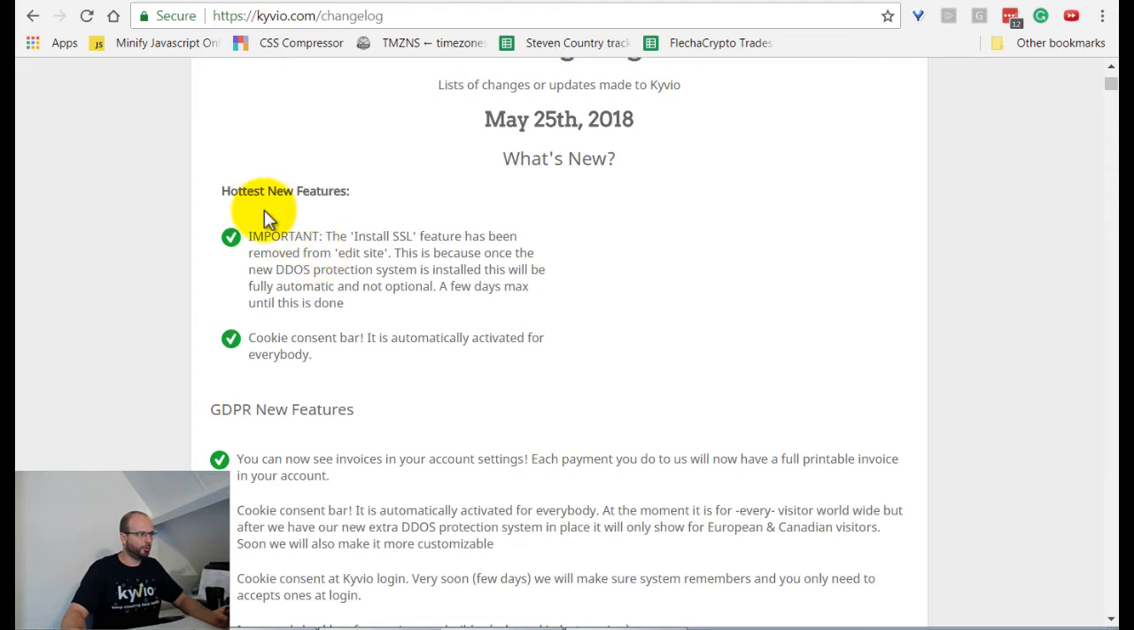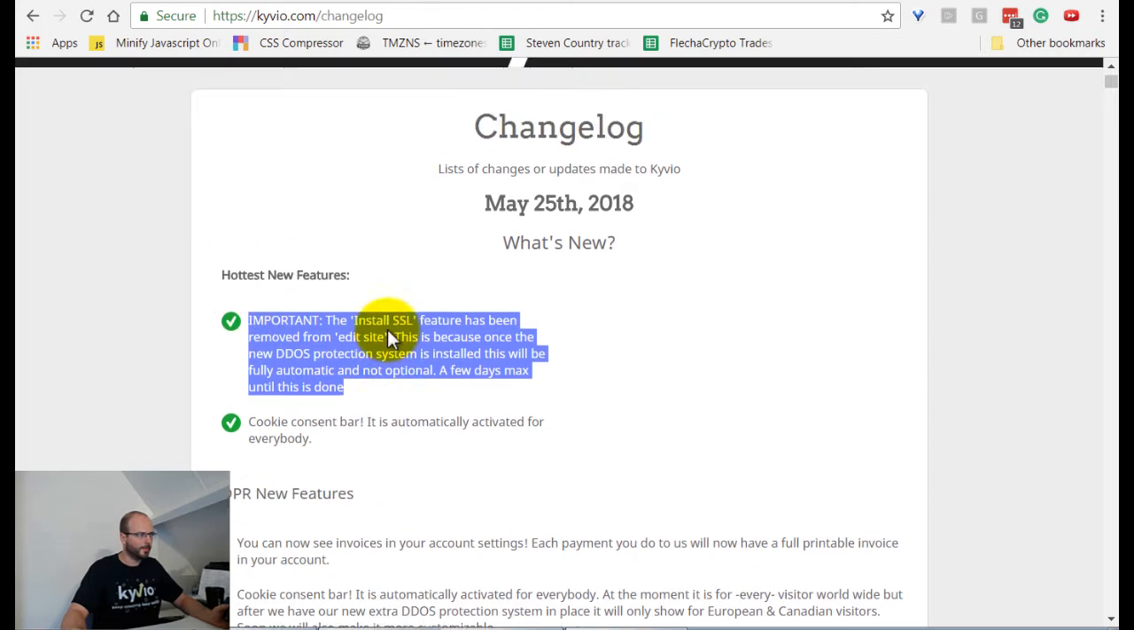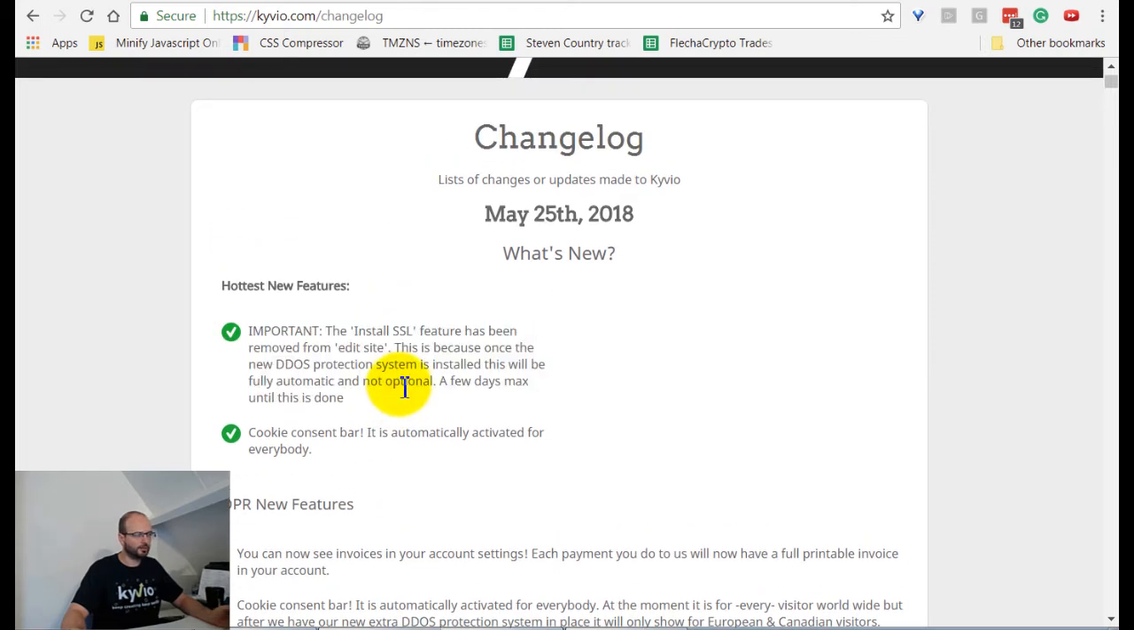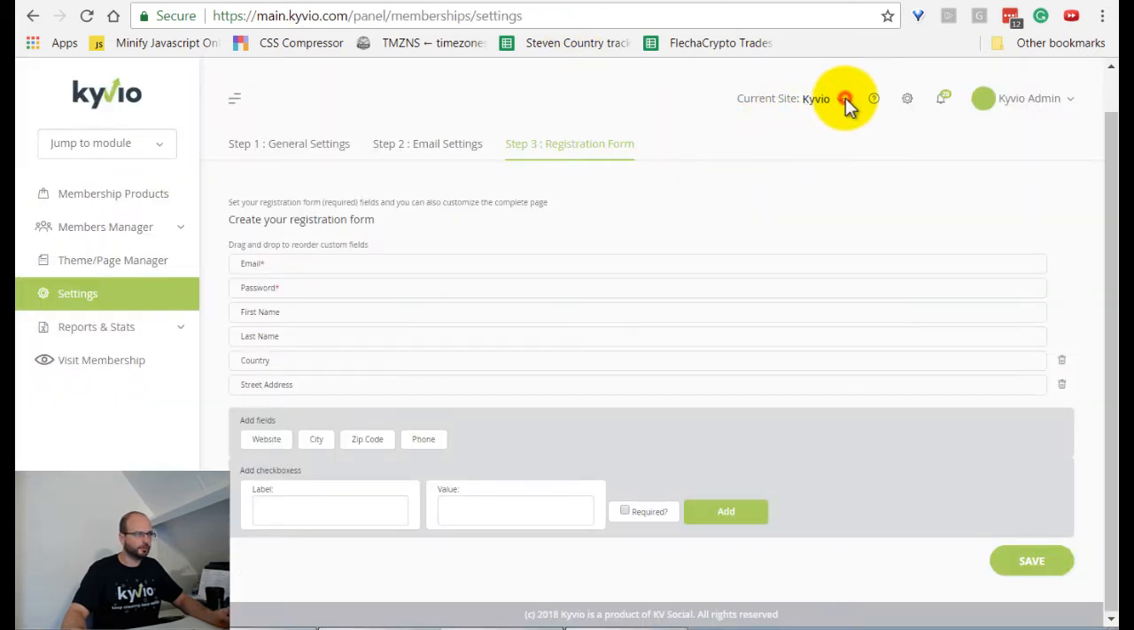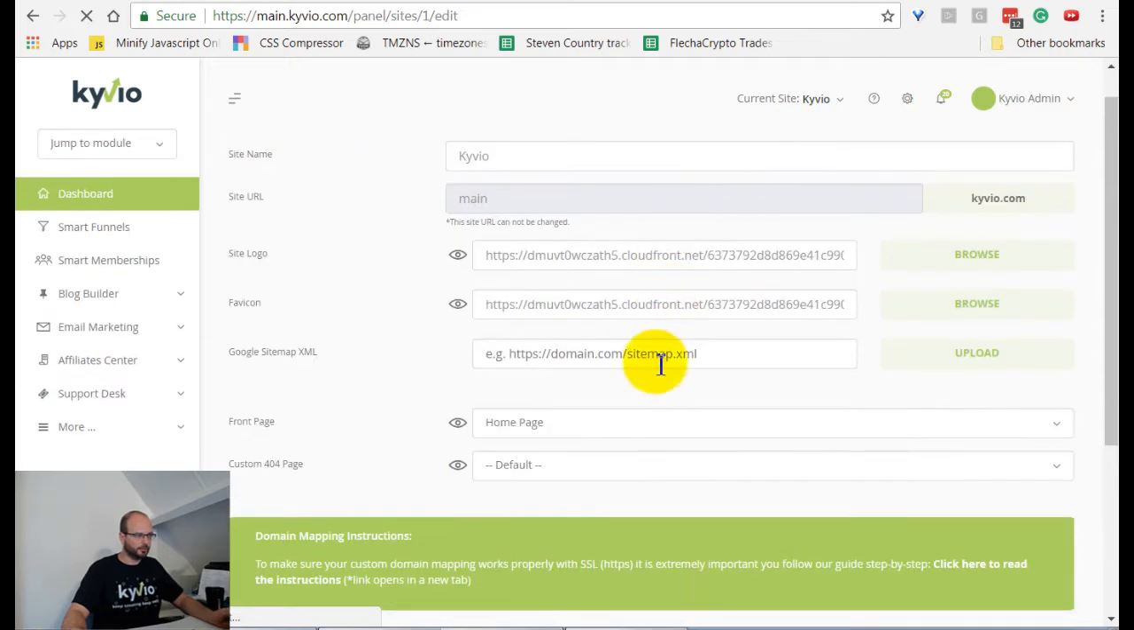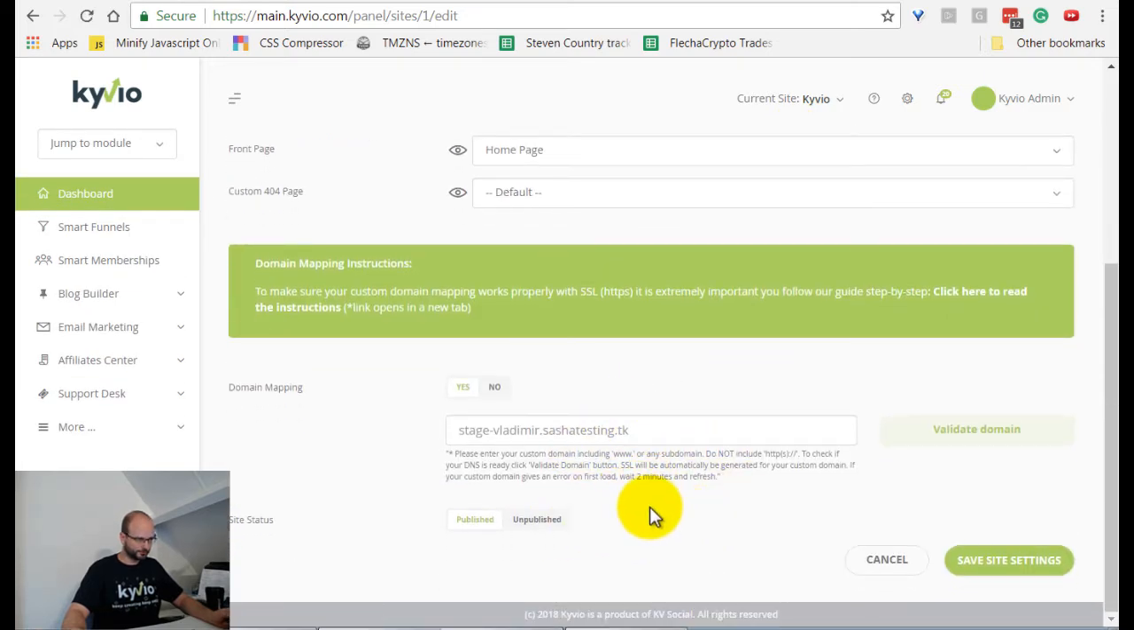The most important one, well, I added this to hottest new features. It's not really a new feature, but I think it's really important for everybody to know. So the install SSL feature: when you go to edit website, edit current site, there used to be an option here, install SSL. That's gone,